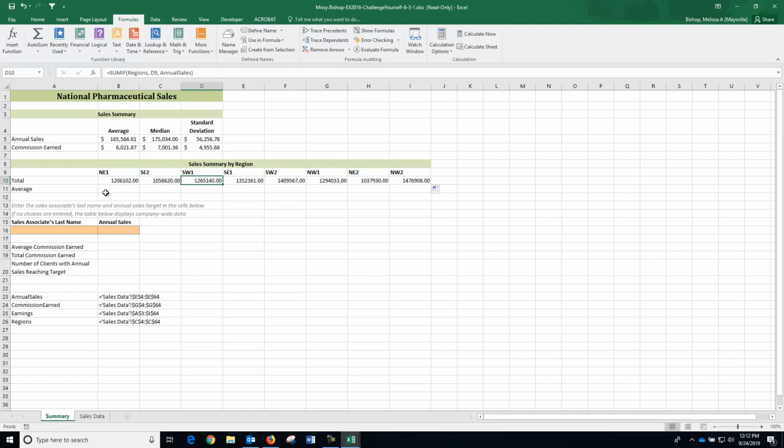All right, so now in cell B11, we want to use AVERAGEIF. So again, we want to type in equals, and we'll start typing in AVERAGEIF, and it tells us what AVERAGEIF does, and we can put in our parenthesis, and now it tells us specifically what it needs. So for AVERAGEIF, the first thing we want to do is our range, which is the same range, so we want to go to regions, and then our criteria is again B9,